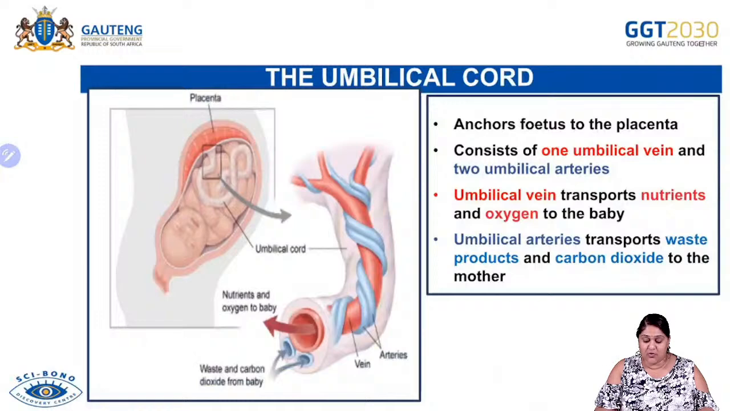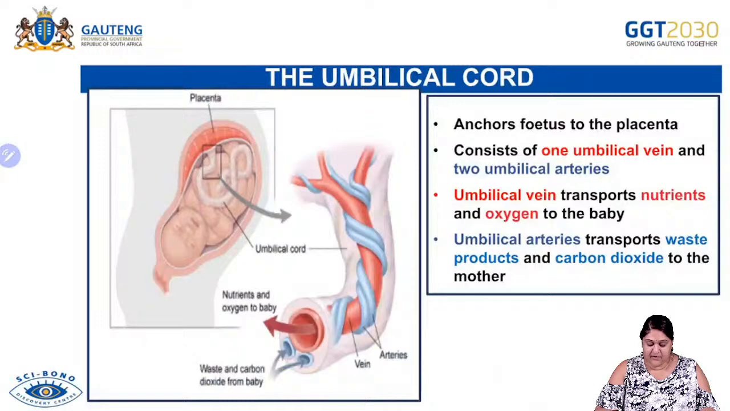Now we come to an important structure called the umbilical cord. Okay, so the umbilical cord anchors the fetus to the placenta. So the umbilical cord extends from the placenta, which is now more the mother part, and then to the fetus. Okay, now what is this umbilical cord made up of? It's made up of one umbilical vein and two umbilical arteries. The umbilical vein transports nutrients and oxygen to the baby, and the umbilical arteries transport waste products and carbon dioxide